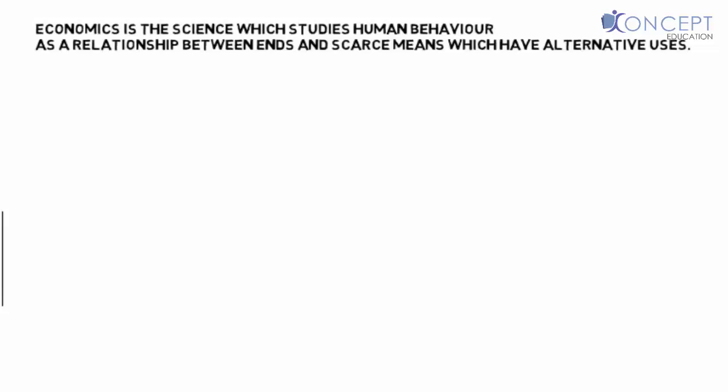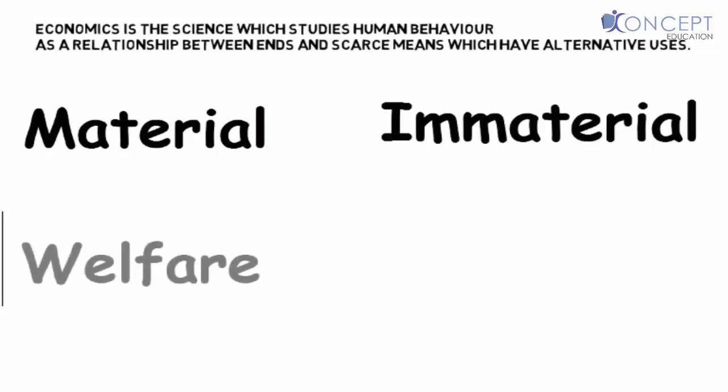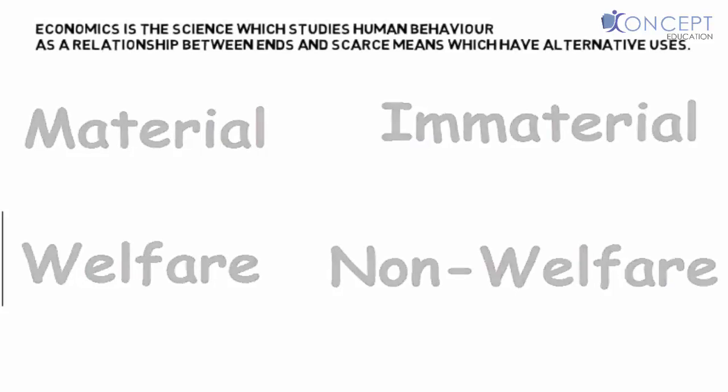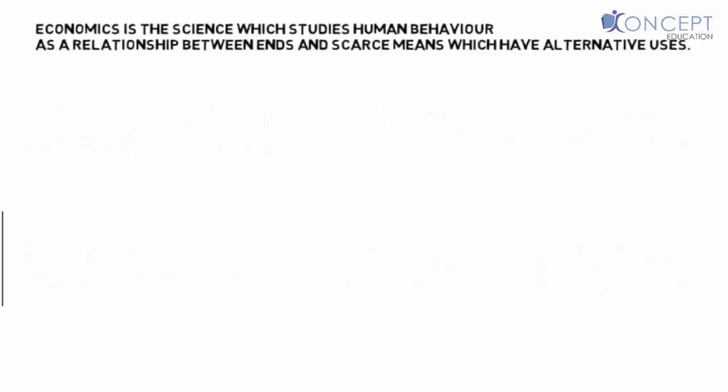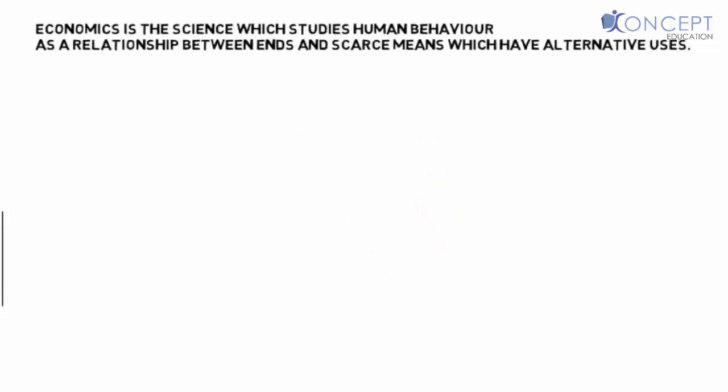So in a way, Robbins' definition did not distinguish between material or immaterial or things for welfare or non-welfare. So according to Robbins, it doesn't even matter if you spend that 20 rupees for buying a cigarette. It doesn't matter if it's a welfare thing or a non-welfare thing. If it satisfies your wants, or if that choice making decision comes in that no, I don't want a pen, neither do I want a chocolate, all I want is a cigarette at the moment, and you select the cigarette, that's also economics for you.